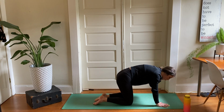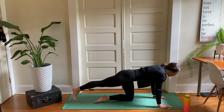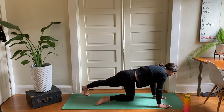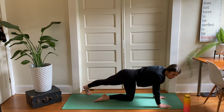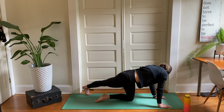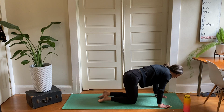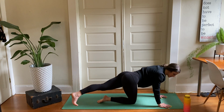Cool, we are gonna step the right leg, so back to the other leg, back behind, and then over to the left side. We're gonna get a little light outer hip stretch out of this. Look over your left shoulder at that heel, creating a C curve in your spine. Just 3 smooth breaths. Reach out the back heel. And bring that right knee in, swap it out, left leg back, and over to the right side,